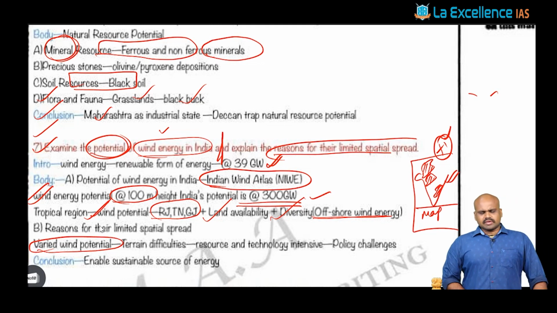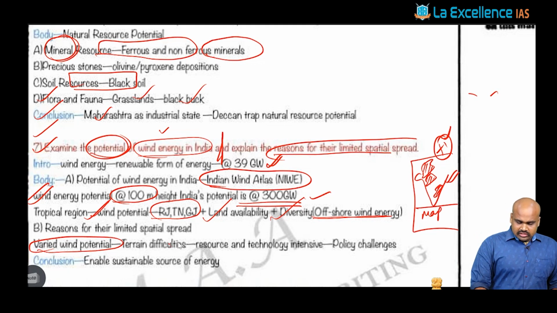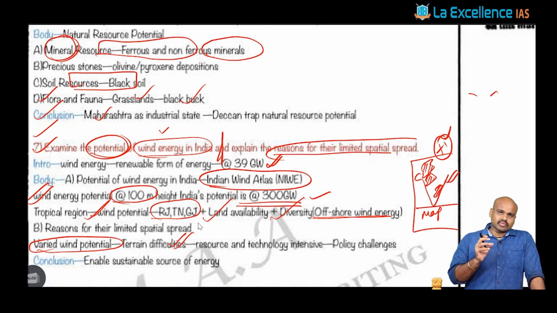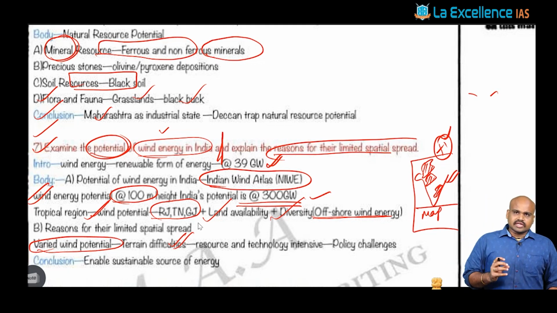Right? So, varied potential. Apart from that, you would also have certain terrain difficulties, because when you look at the installation cost involved and the maintenance cost involved with respect to any wind turbine, it is immense. And for it to be supported, it demands an enabling element with respect to the terrain, because the installation is going to be very, very difficult, for the reason that it deals with heavy mechanical systems, right?